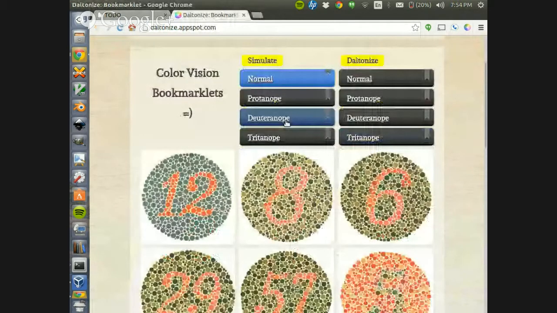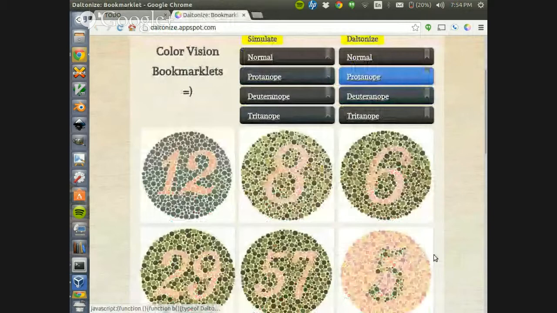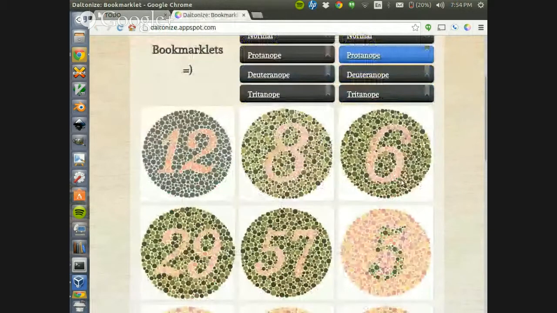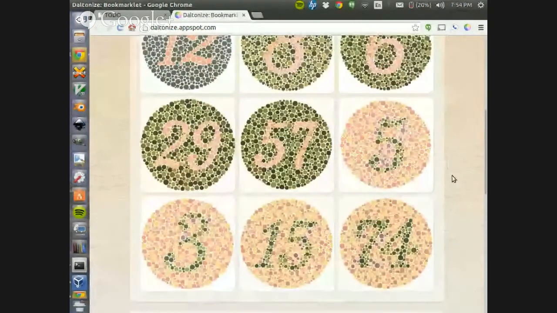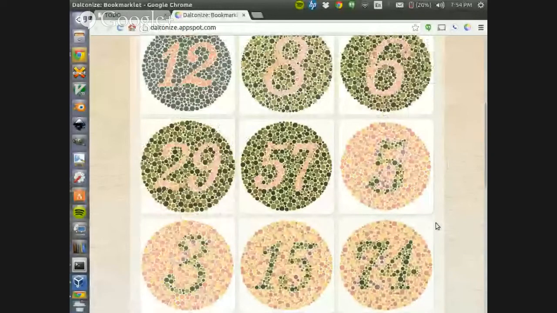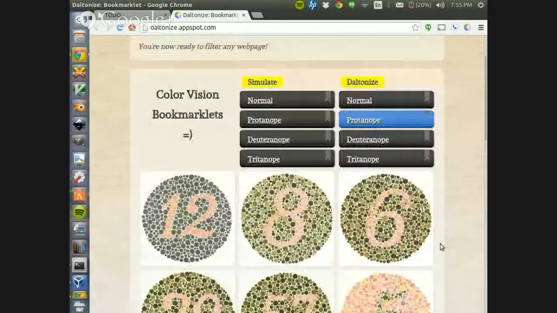So if you select some of these, it simulates it in this page, and I think they said you can make bookmarks from this, and it'll send whatever web page you're on through an application. So what we're supposed to be seeing is that those numbers should be more difficult to distinguish when you click on that button. But for us, right, with this projector, it's actually easier. Yeah, but that highlights what I was saying earlier, that it's impossible to control.